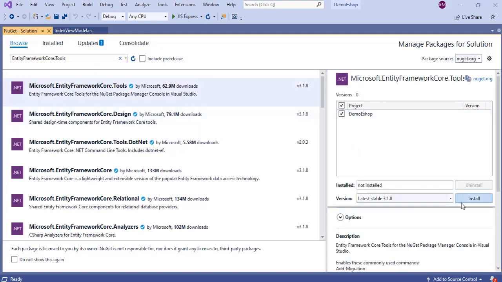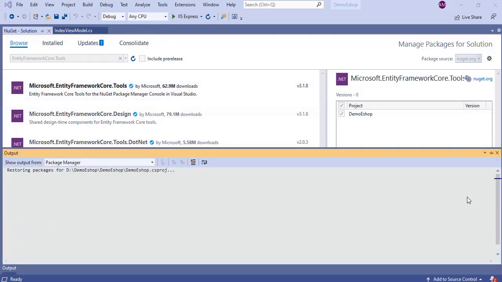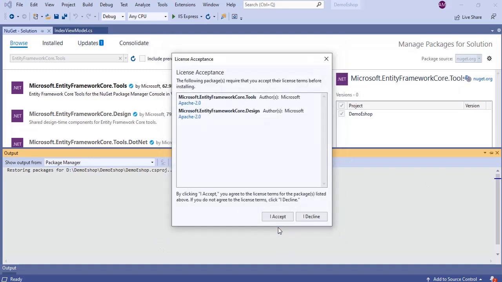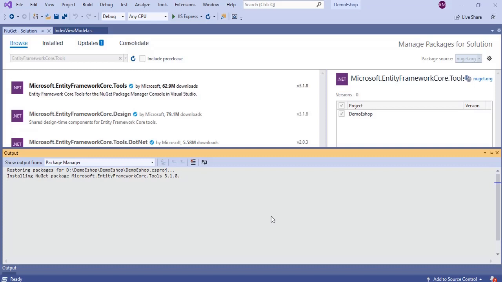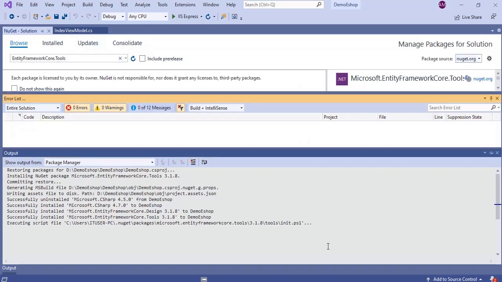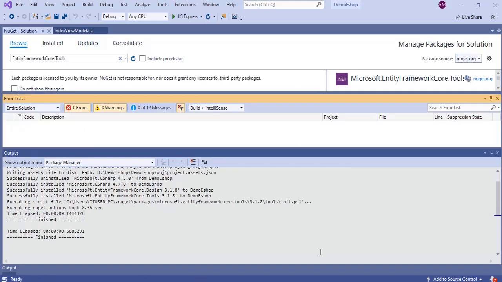Then click install. Then accept the license. Now both the frameworks got installed.